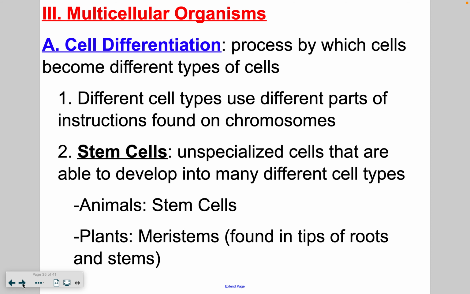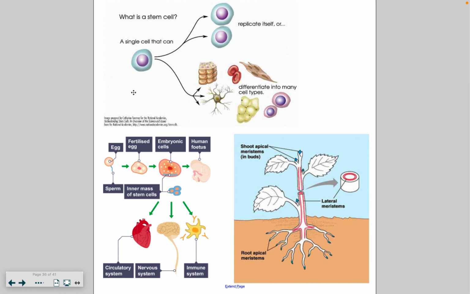So protect your meristems. Okay, so here's a diagram just showing a stem cell, how a single cell can replicate more. Stem cells can make more stem cells, or they can differentiate into many different cell types, like neuron cells, red blood cells, fat cells, and those look like cheek cells, epithelial cells. That's what this diagram is showing. It shows how you all started off as one cell, egg and sperm meet, and we have a fertilized egg that goes through multiple rounds of mitosis.